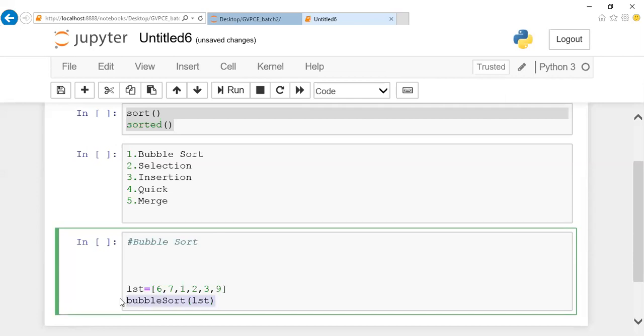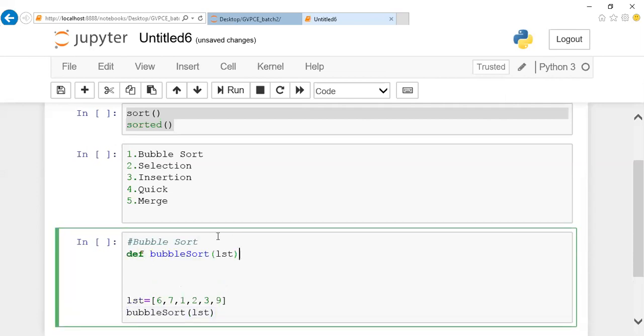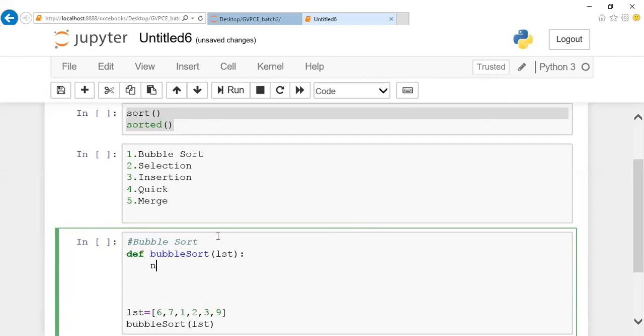So now we'll go ahead with the function definition of it. def bubble sort. From the user, you're going to receive the list here. For doing this operation, one important element is required, that is size. So first let us calculate the size of the list. This is done. Here, what I told you, we are going to perform n minus 1 passes.